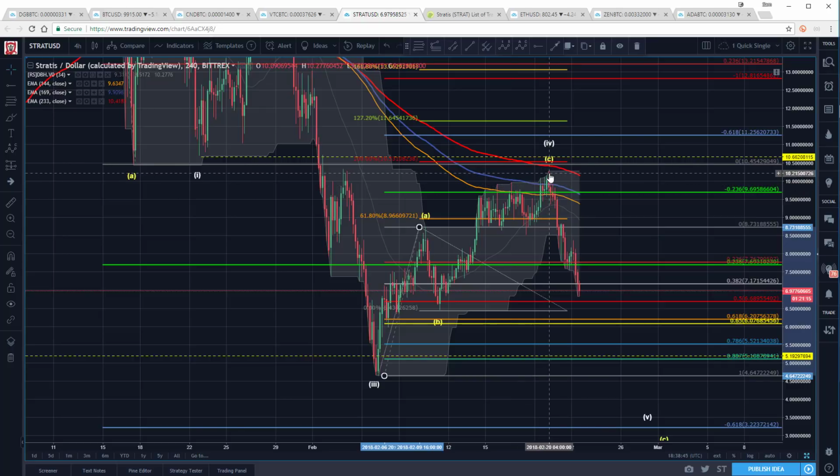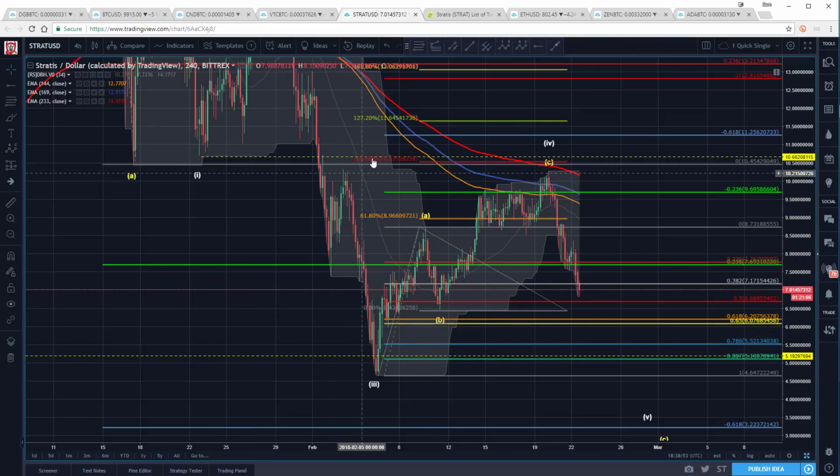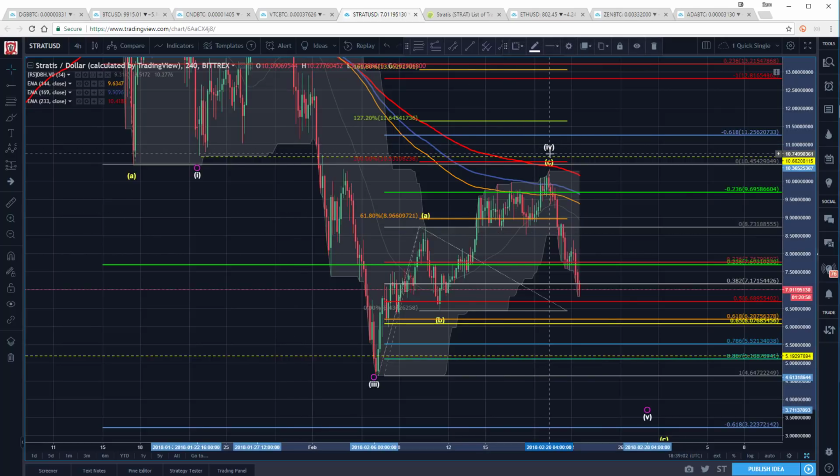So bump, bump, bump. One more push up. They can't get to 100%. That's the very common target for the A relative to the low. That's the B. But you can see here, just as algos took profit here, here's the buy at the 50. Chop. They take some profit. There's one more kick up, and then you get the reaction. So that sure does, it's hard to argue with that as an ABC.